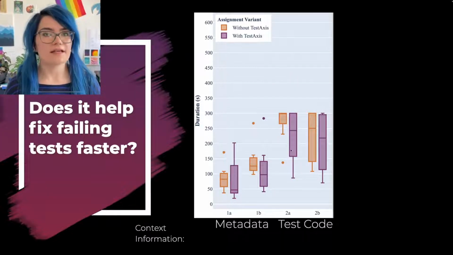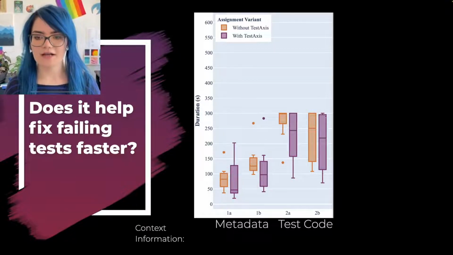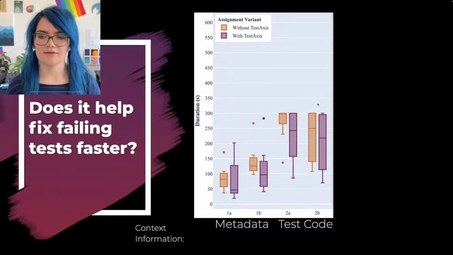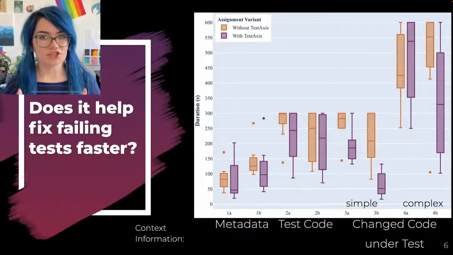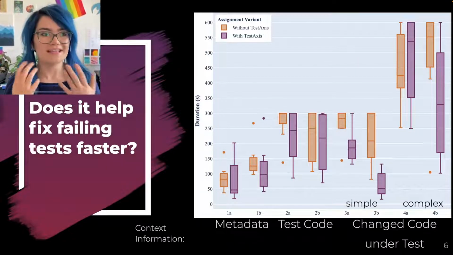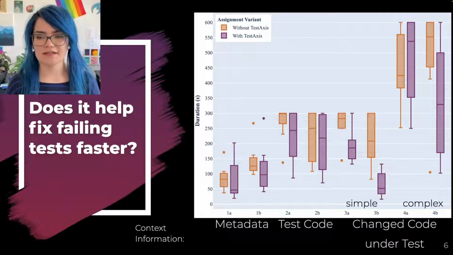When the error was to be spotted in the test code itself, a lot of the developers hit our time limit of 5 minutes that we had, but still, on average, they were faster with the plugin than without the plugin. For the changed code under test, where the error was somewhere to be spotted in the code that was changed and was executed by the failing test case,